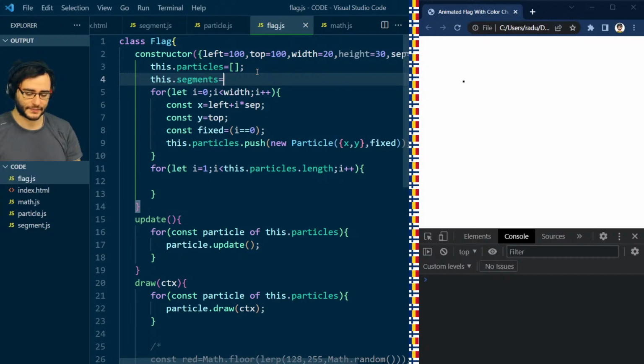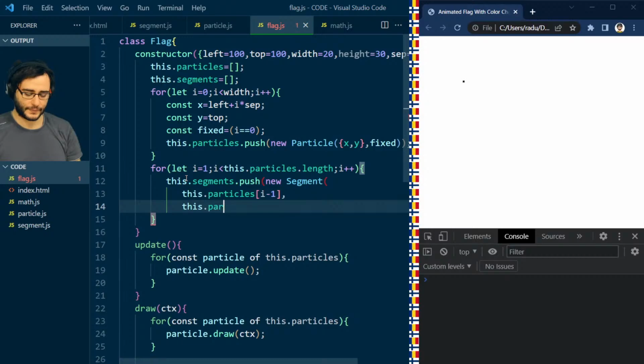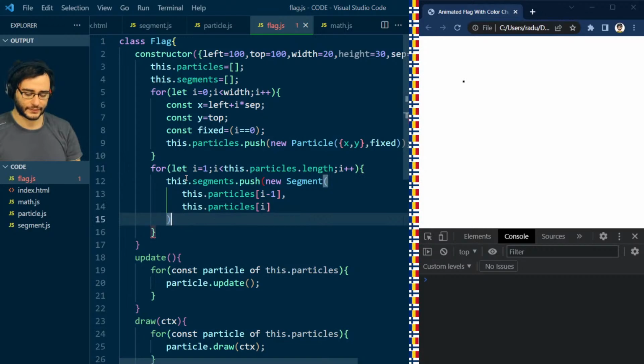So segments, an empty array, and here we'll say this segments push new segment between these particles of I minus 1 and these particles of I. So we are connecting the particles so that we connect consecutive ones together. Previous to the next, previous to the next. So this should work,